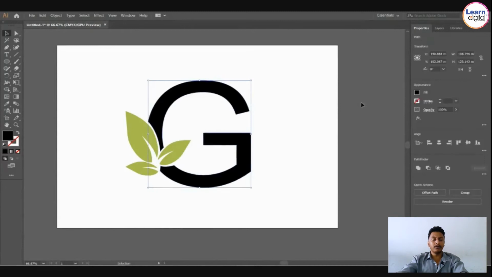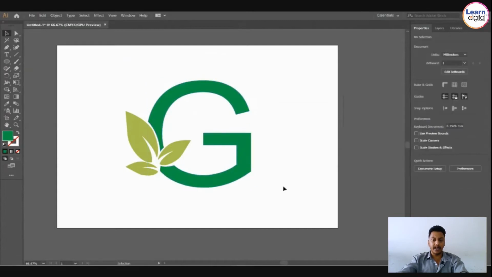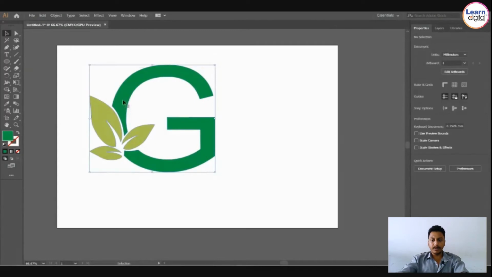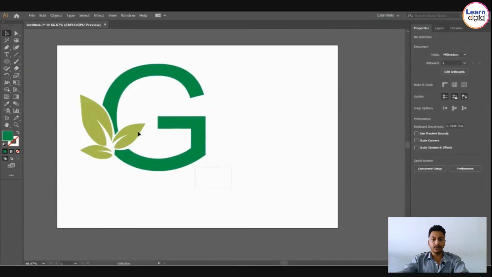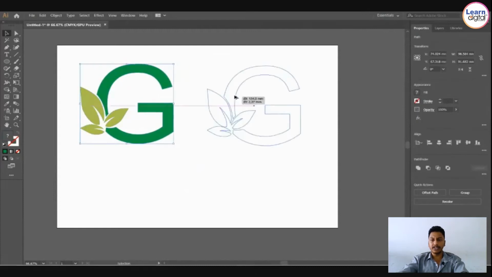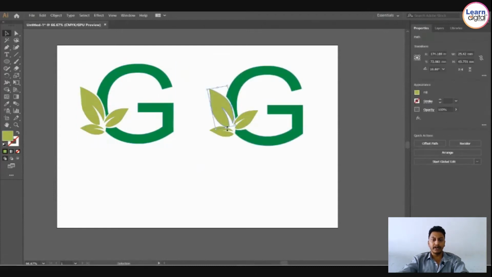Now with a copy of the same logo, I am playing with the gradient, that is light green and dark green for a leaf. So you can see over here, you can play with colors. Whatever color shades and color combinations you need, you can add. You can really play with the colors. I need dark green to light green, that's why I'm using a linear gradient over here.